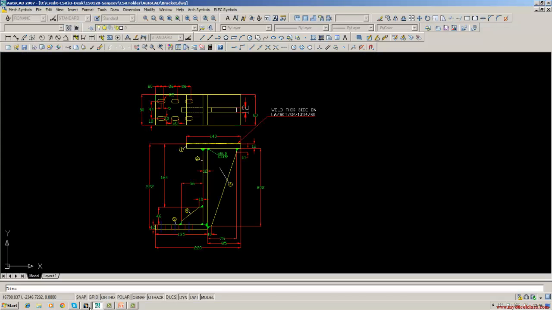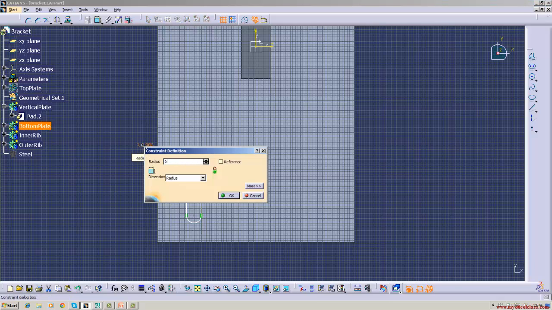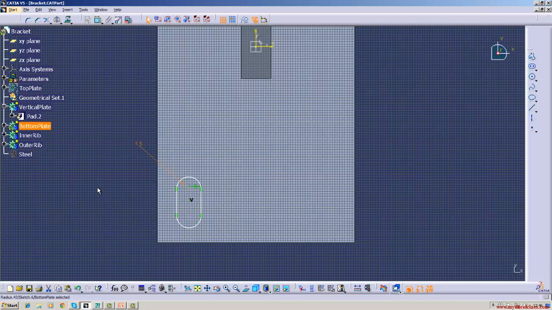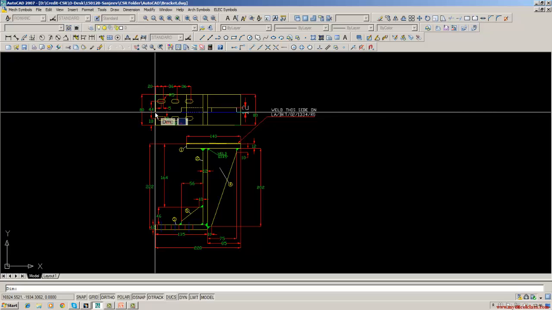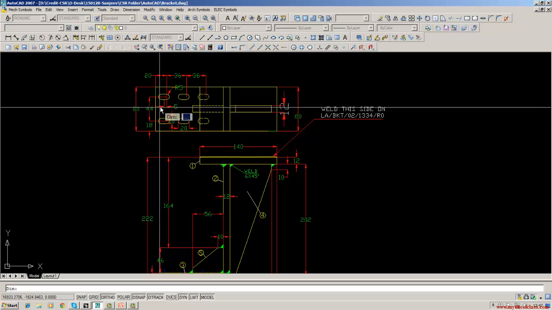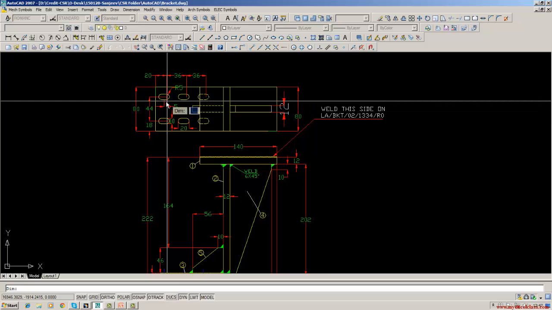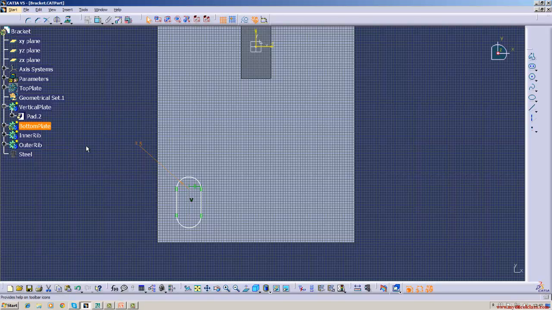5. Make it 5. Automatically it becomes 9.5 slot. And then this distance is 10. So what you can do is click here, make this 10,